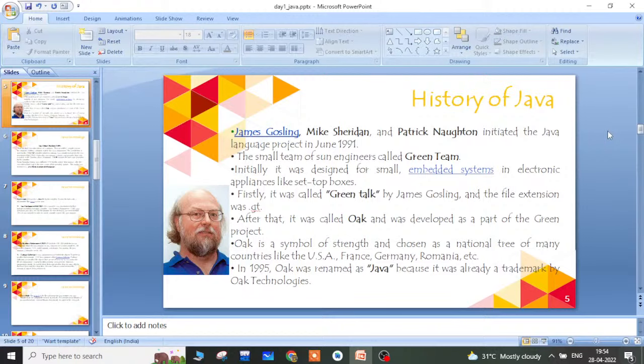In each and every version of Java, they support new features which are used to implement different kinds of applications like web applications, mobile applications, networking and different interfaces. They have added all these features, and now the version we are using is JDK version 17.